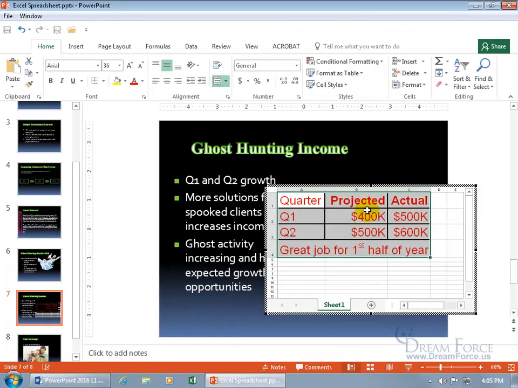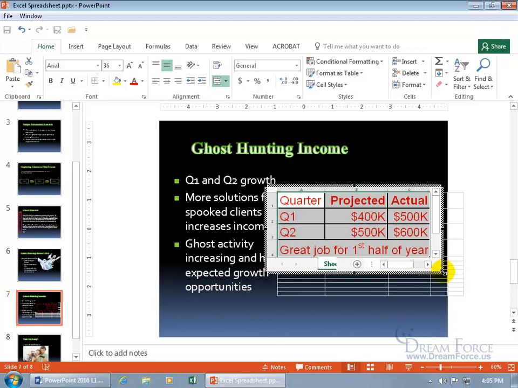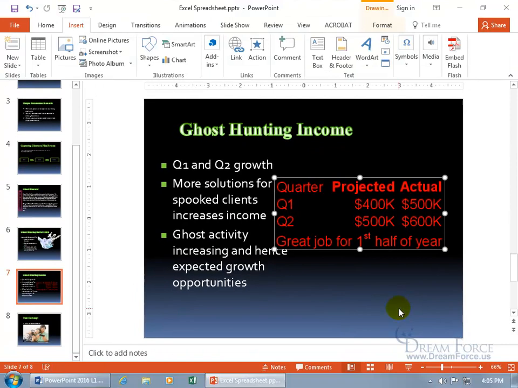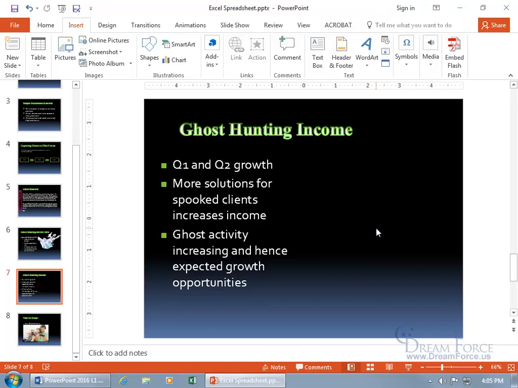So let me go ahead and double click and resize this so it's around it more. And I've got to resize it out. I don't want to see those extra empty cells. Let's click off and see how that looks. Okay, well that's better. Nice. So you can do it that way, or let's go ahead and delete it and do it again,